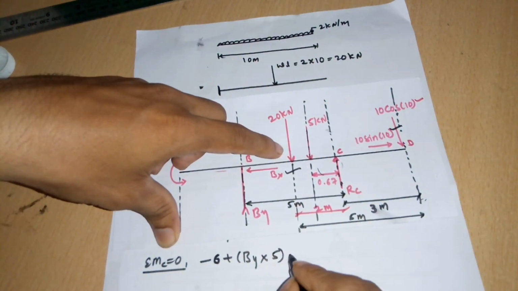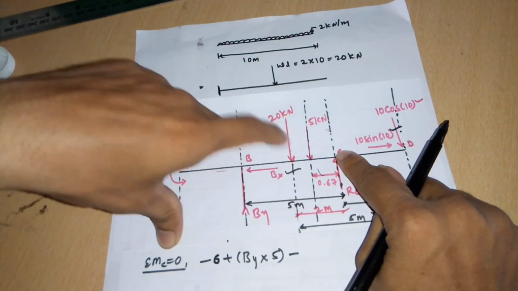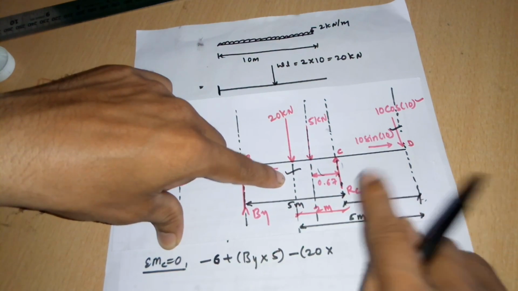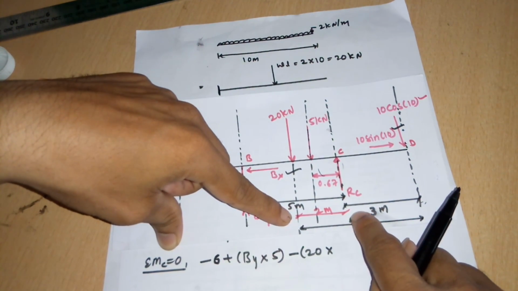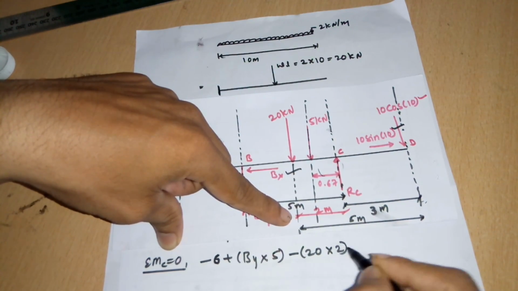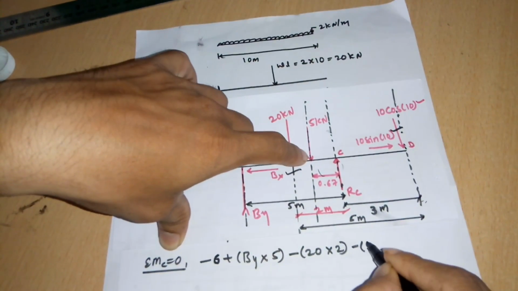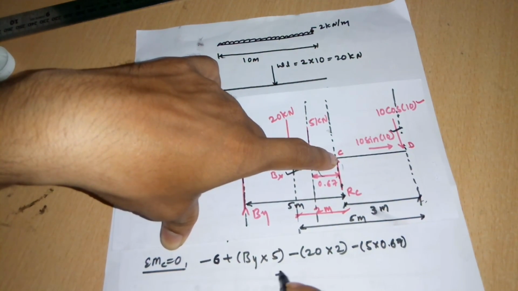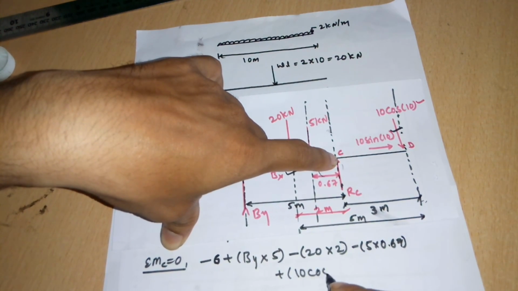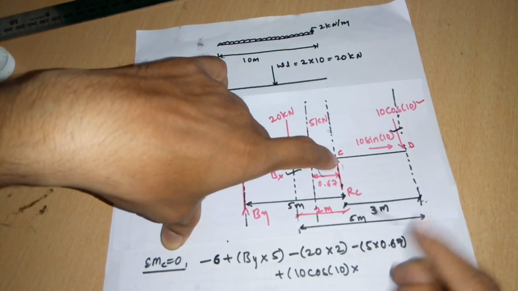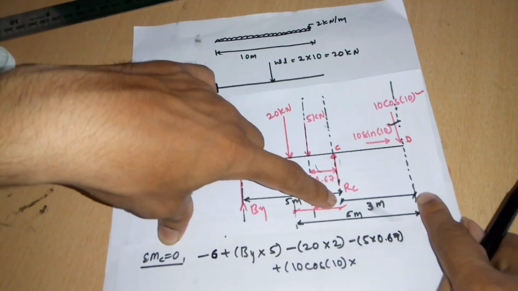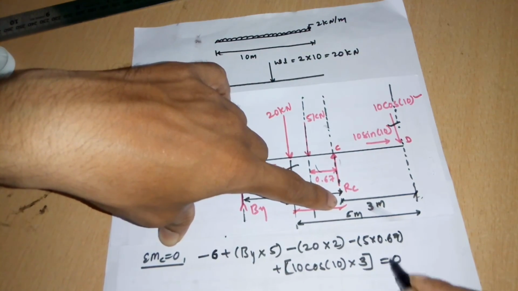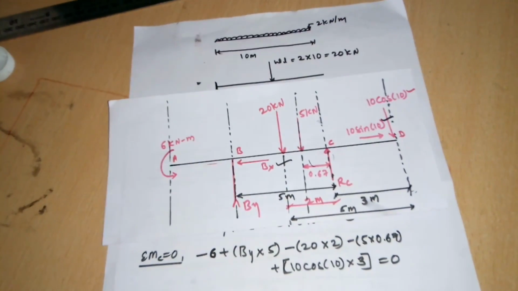Then next, coming to this one, it is anti-clockwise, so it is minus 20 into the perpendicular distance is 2 meter, so it is 2. Then next, coming to this one, it is again -5 into 0.67. Next, coming to this one, it is plus 10 cos 10 multiplied with the perpendicular distance. The perpendicular distance is 3 meter, it is 3, equal to 0. On solving with the calculator, we get